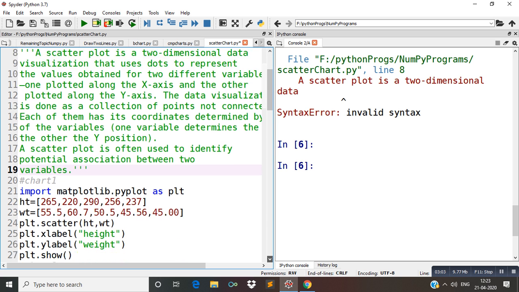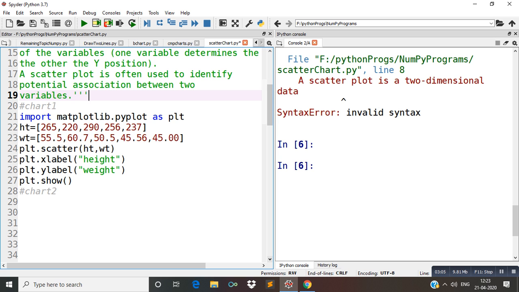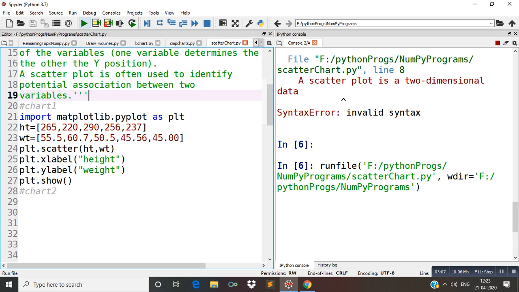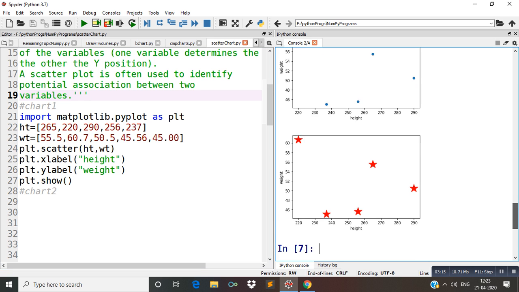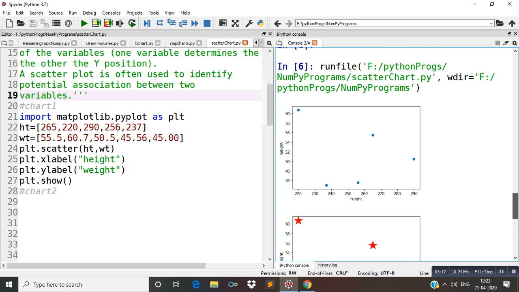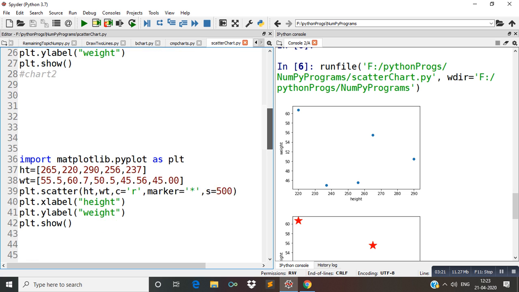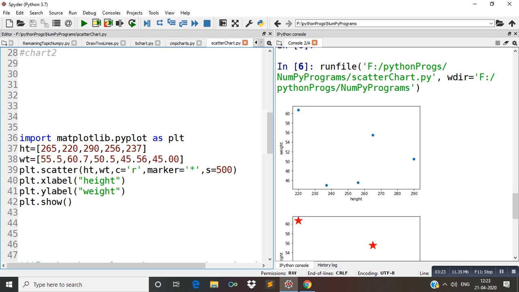Now we can execute it again. Actually some other portion is also active, because of this we have got two charts.